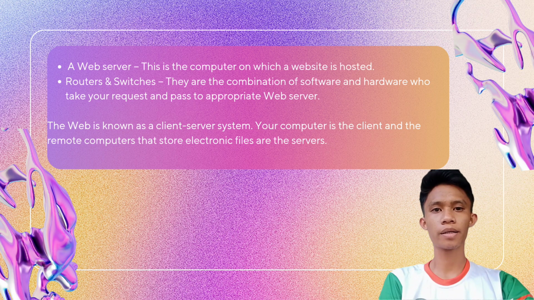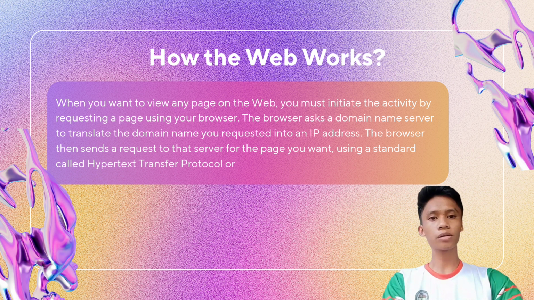A web server. This is the computer on which a website is hosted. Routers and switches. They are a combination of software and hardware that take your request and pass it to the appropriate web server. When you want to view any page on the web, you must initiate the activity by requesting a page